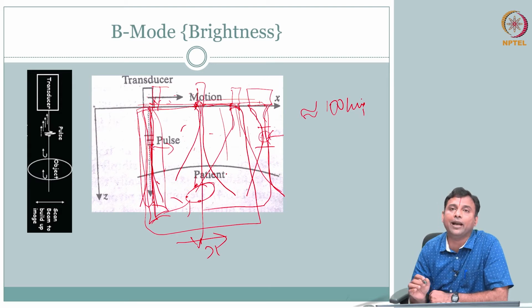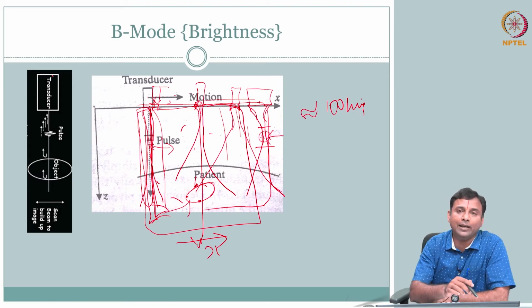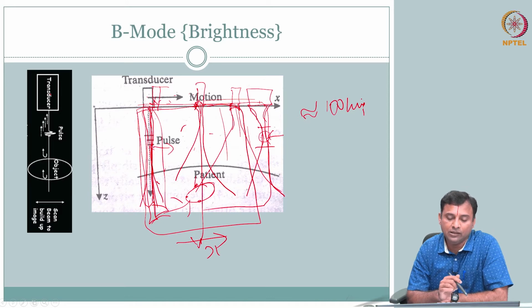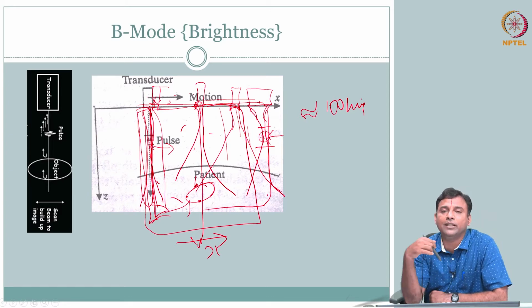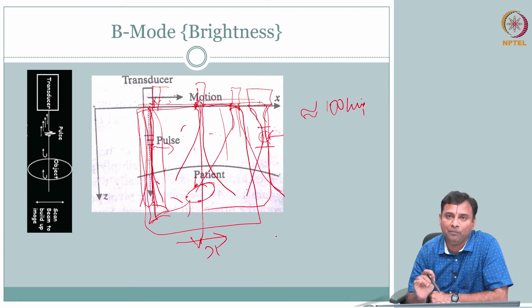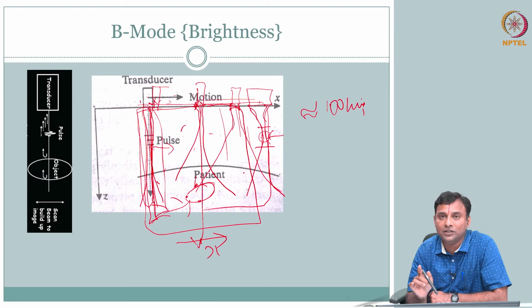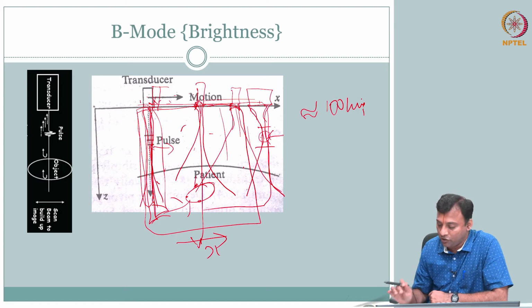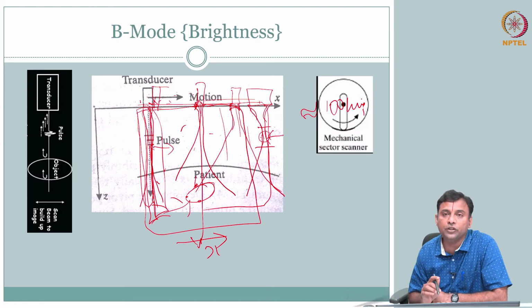So one of the important parameters: when you talk about one dimension, we talked about pulse repetition rate. Now if you are talking about an image, you always encounter frames per second, the frame rate. That's what you will encounter. What is the frame rate? How much time does it take to get one image frame? In one image frame you send multiple pulses, one pulse at one location. So the number of lines I have, that many pulses I need to send. So what is your frame rate?